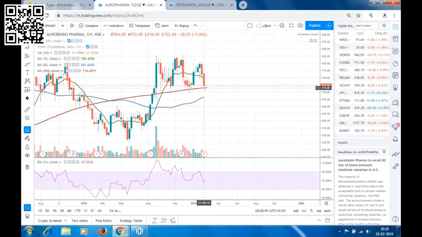Because sometimes what happens, because of volatility, like in this case you see the stock prices went down, but again there was a pullback in the prices and the stock closed above the 200 period moving average. So that can happen. That's why we'll not take a short trade in Oro Pharma until there is a closing below the 200 period moving average on a weekly time frame. That is, if the stock closes at 712 or 713 or 710 level on Monday, then on Monday we'll analyze and see if there is a short trade in Oro Pharma for the next day or not. That is the time we'll decide on the trade, but not now.